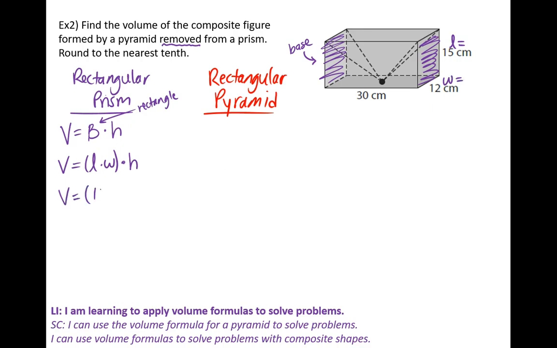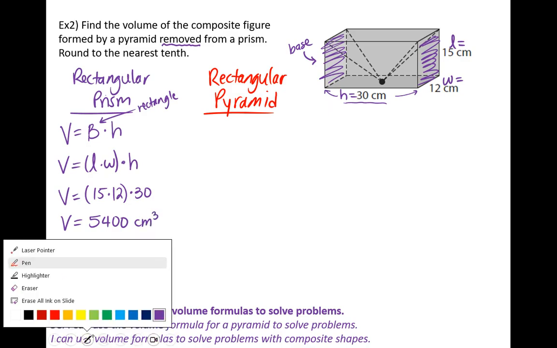Length is 15, width is 12. So then what is the height? Remember, the height is measured from base to base. There's one base and there's the other base. The height is the distance between. So that's going to be times 30. When I multiply all those in a calculator, I get 5,400. And then my units here are centimeters, and we're going to make sure to say cubed